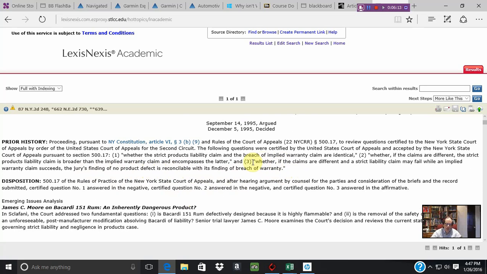This is telling us, number 3, that if the claims are different, a strict liability claim may fail while an implied warranty claim succeeds. That means the jury's finding is consistent. Anyway,